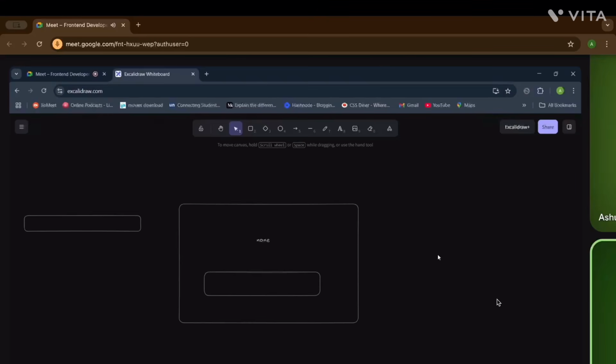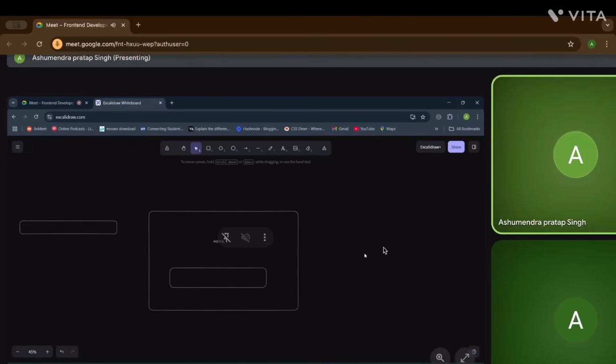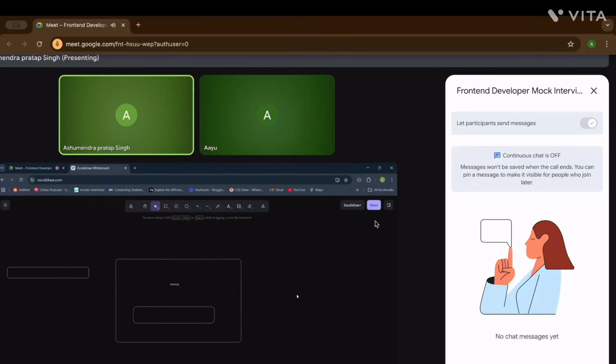What is the use of the meta tag in HTML? I am not clear, ma'am, but maybe the meta tag is used for representing the metadata of our HTML page, like these type of things, maybe icon.